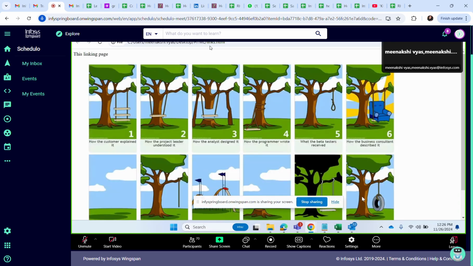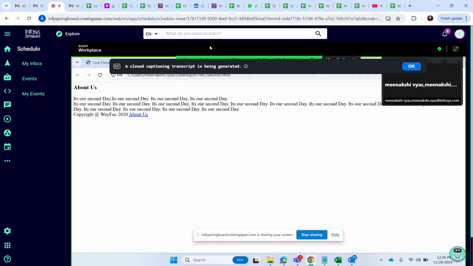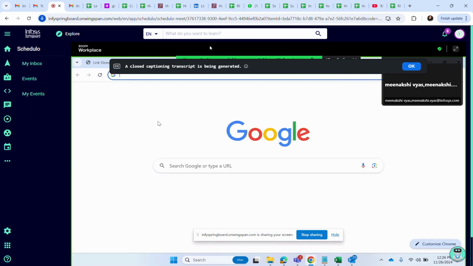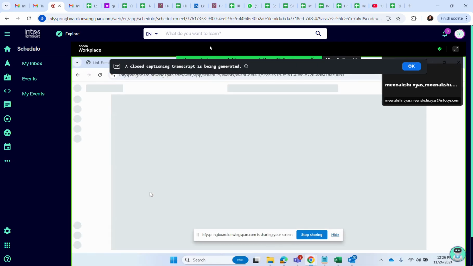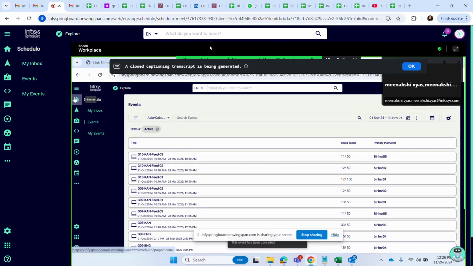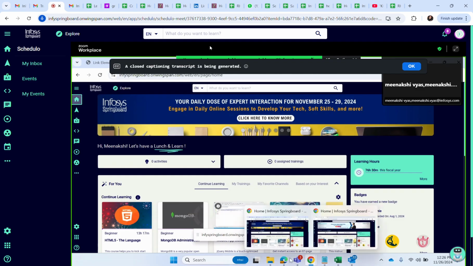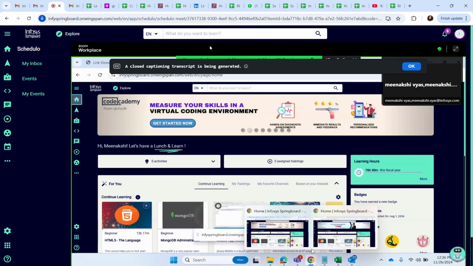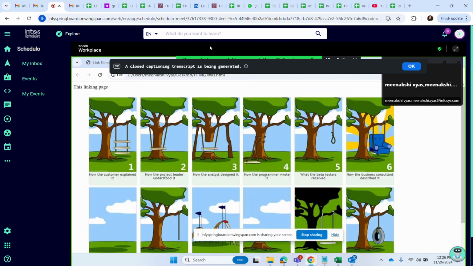Can you see? But what is happening here? Just look at this particular website. Let me open one page. Can you see? This includes the image, but it is within the prescribed limit. It is not going on the full page. But this image which I am trying to insert is on the full page. So what can I do?